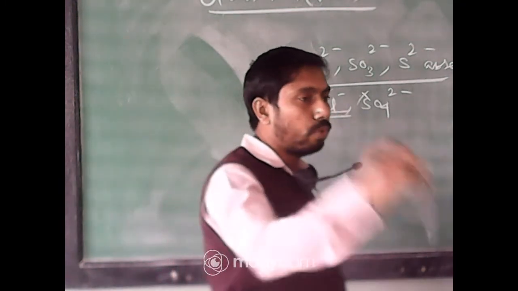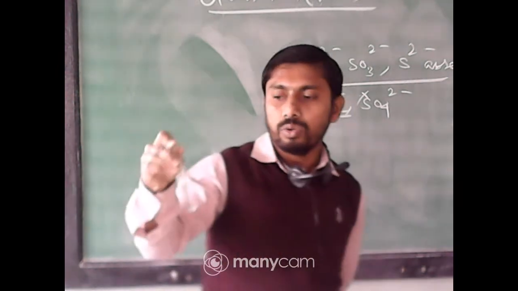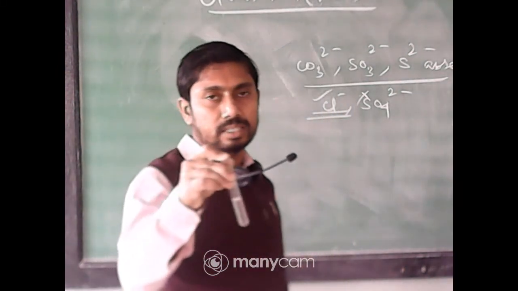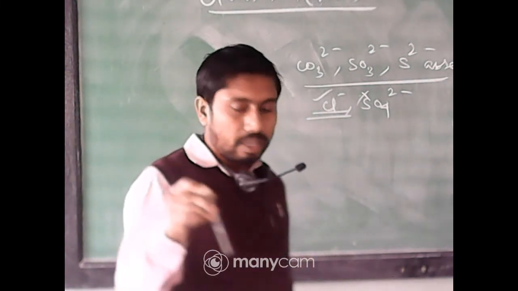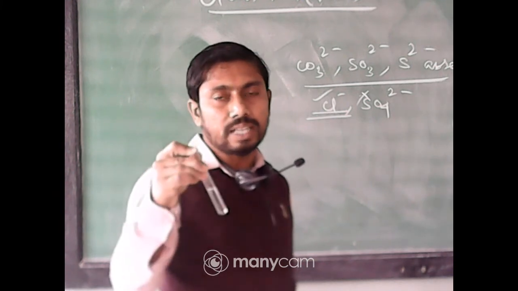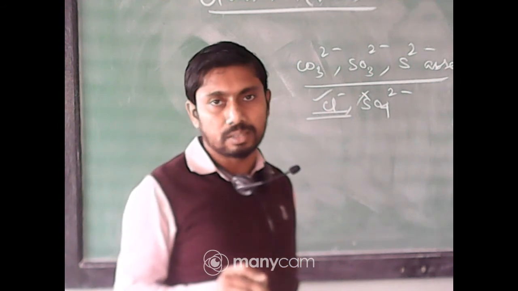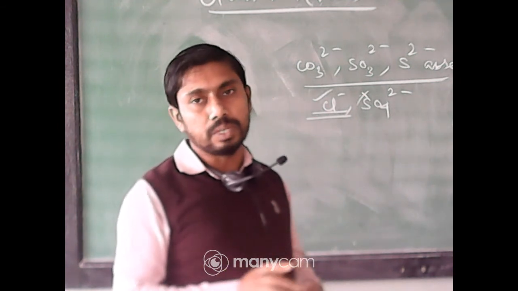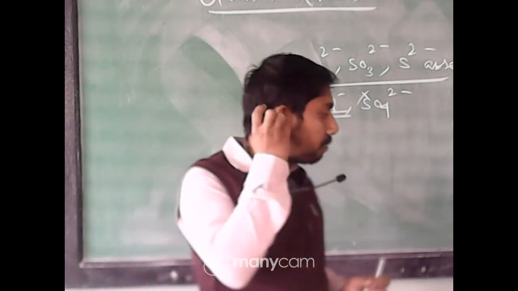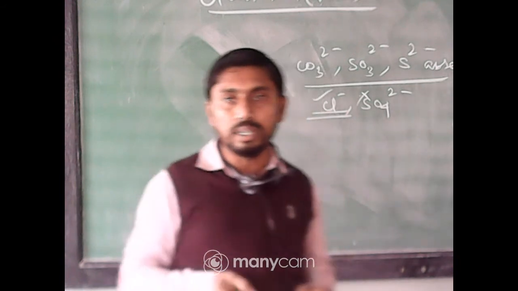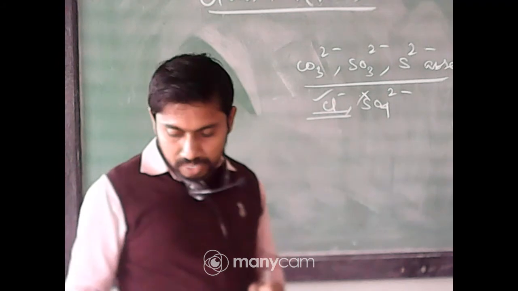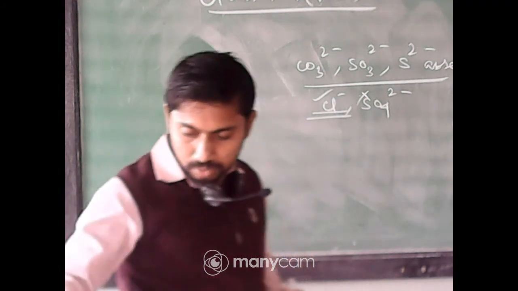Now for group 4, here we have to pass H2S gas. Okay, but here I am omitting this and moving to group 5 because I know that group 4 is absent. Okay, but group 5 is present. So what is the reagent for group 5? We have to add ammonium carbonate to that solution. So next is ammonium carbonate.